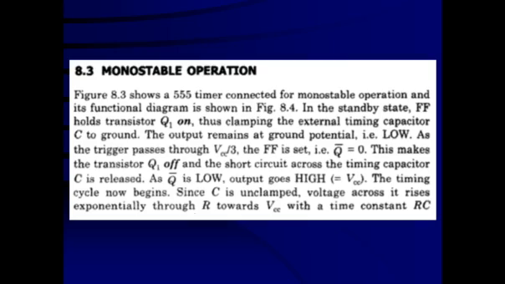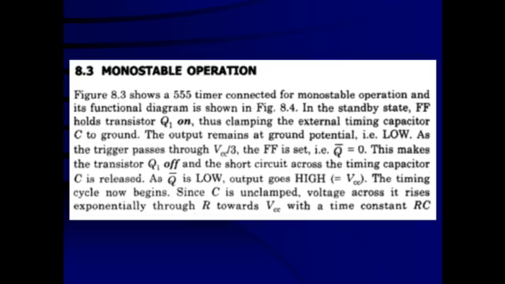If you provide a trigger pulse, then something is going to happen and it will go from low state to high state. And if that is also a stable state, it will reside there until something is done. That means both the low state as well as the high state are stable states. That is called bistable operation.